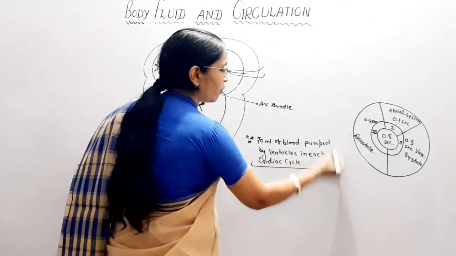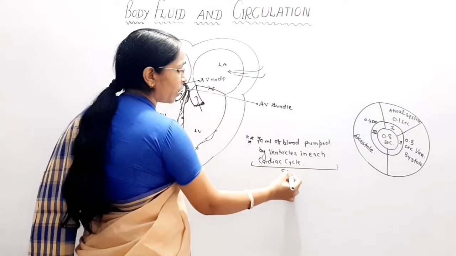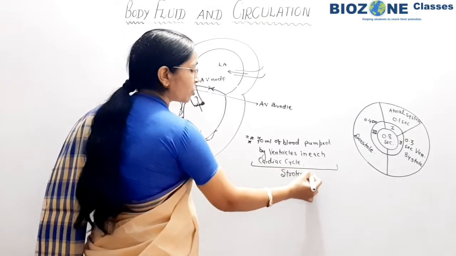Have 70 ml, whatever volume, that is 70 ml volume. This volume is called stroke volume. So this